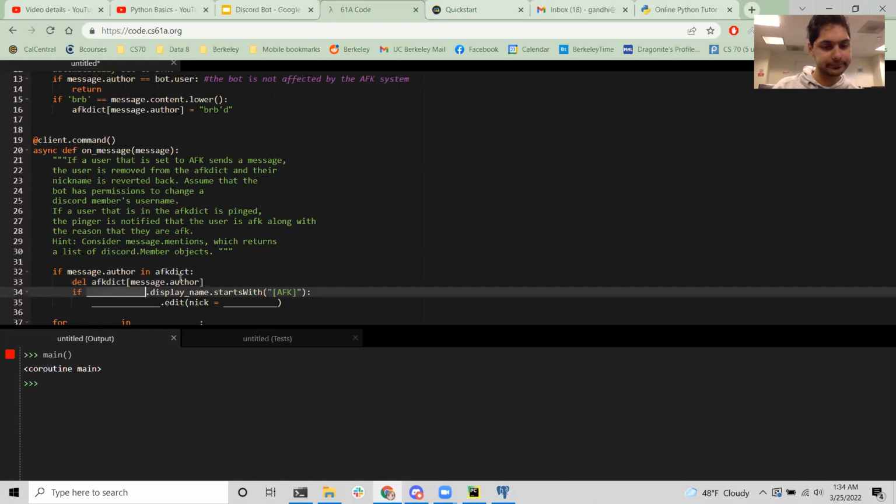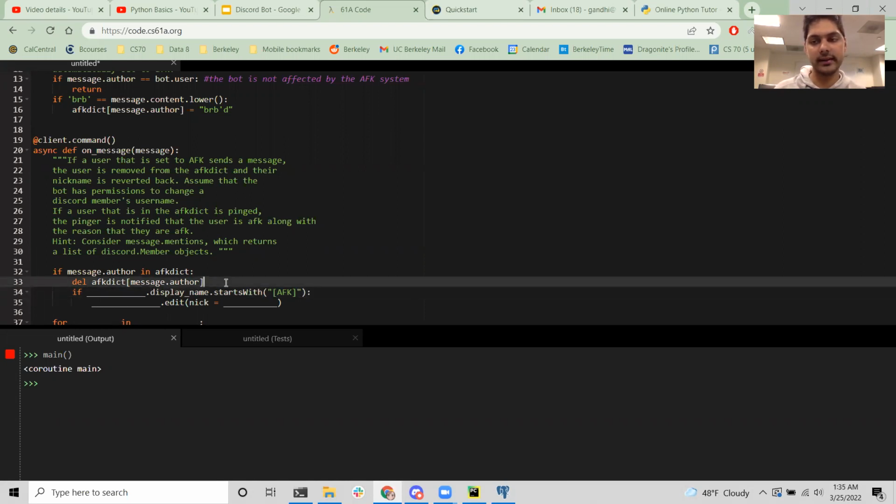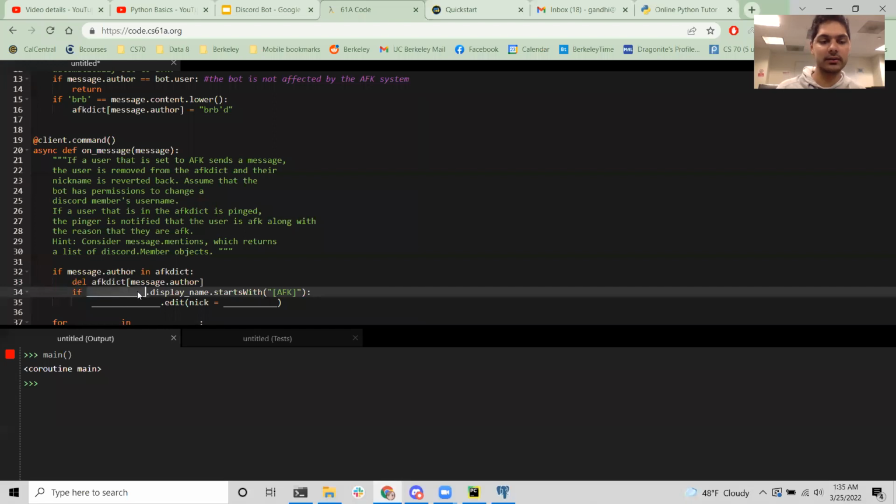And now, some people are like clowns, so they might just revert their nickname back. They might take the AFK out of their nickname while they're AFK. Essentially we just want this part right here to ensure that they are still AFK, or that their nickname still has AFK in front.